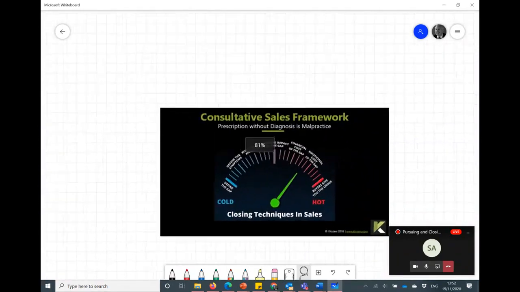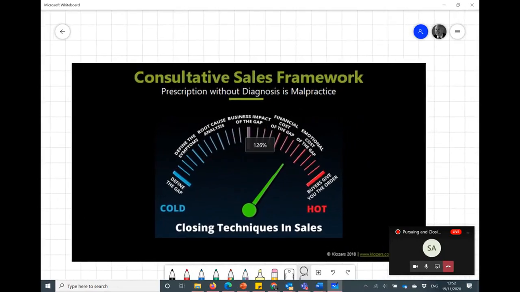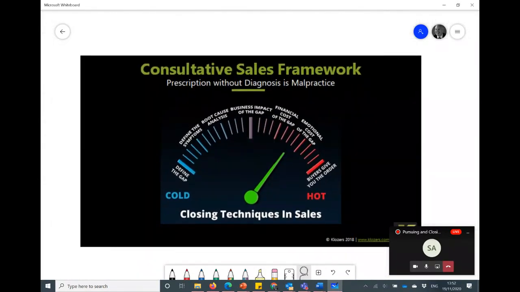Okay, next: the consultative sales framework. This is the way to structure your presentation, every part of your conversation. Most people, when they talk to a prospect or any form of customer, are talking about the symptoms. Too often the salesperson hears the symptoms and thinks, "Oh, we can solve that, we've solved that a million times before," and they rush to present. In reality, they're going too fast for the buyer, and they need to slow down. It doesn't matter that they're 100% right. The focus here should be on the buyer.